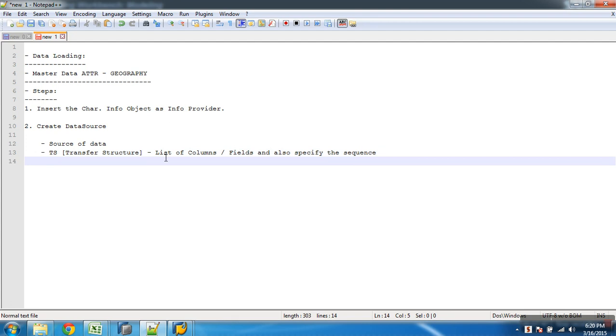And another point, a data source is always specific to a source system. So I create one data source, say DS1, and let's say this DS1 is a flat file. Same way, let's say you are loading from R3. Even from R3, I can have a data source with the same name, DS1, because DS1 of the flat file is different from DS1 of the R3 connection. So it is always specific to the source.